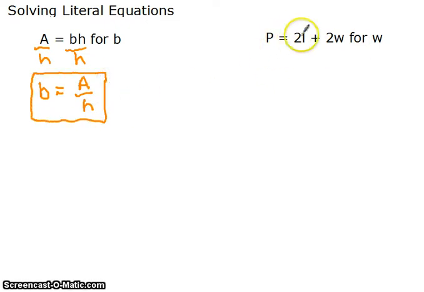You got P equals 2L plus 2W, and they want you to solve it for W. So any term that doesn't have a W in it needs to be moved to the other side of the equation. Again, we're trying to get W by itself, so we're trying to get everything that's not W on the other side. So we're going to subtract 2L from both sides. That'll give me P minus 2L